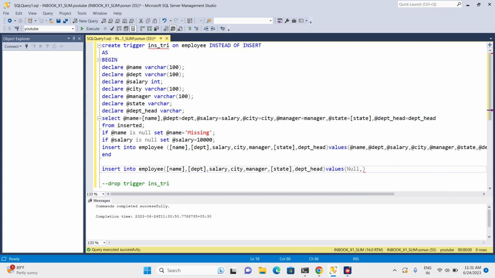Okay, now department, let's give IT. Then salary, again I am giving null. Okay, now city we can give anything. Let's give Bengaluru. Now state should be manager, anything we can give. Now state value, we can miss this value, these are not required columns. Okay,